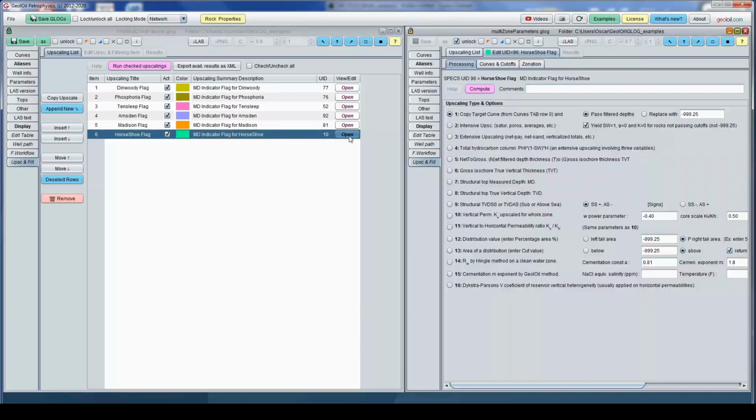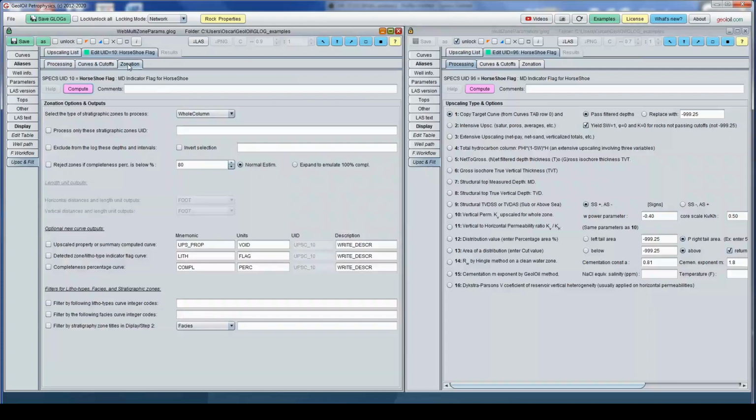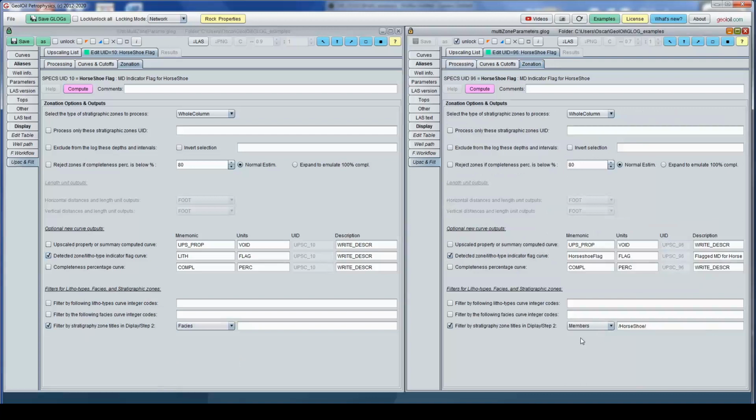Open, no filters by curves, zonation, detect the zone, and filter. Filter by members. Those are members, no longer formation.